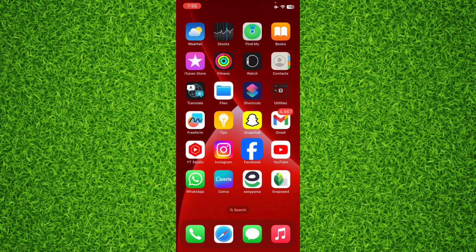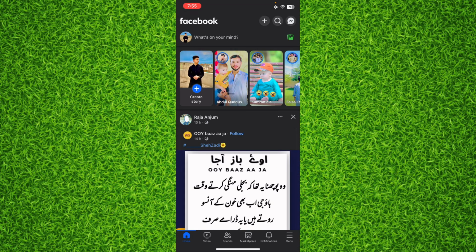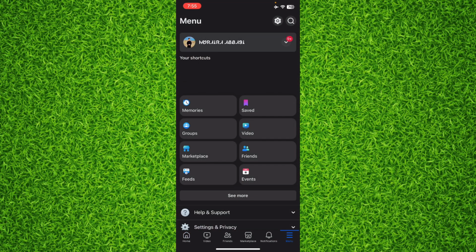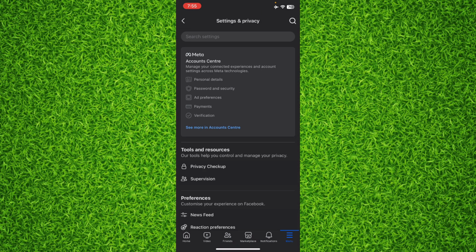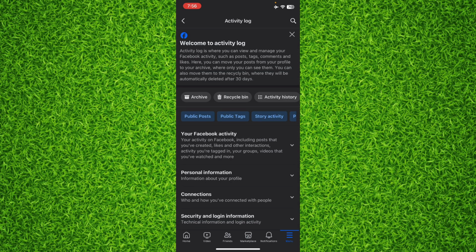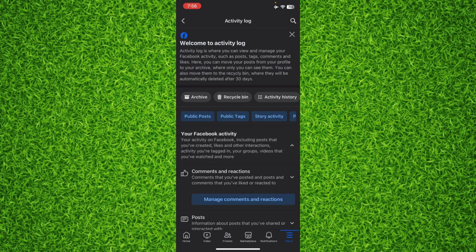So first of all, open up the Facebook app on your phone, and once you're on this page you'll have to tap on three lines on the bottom right corner to head over to the menu, and then tap on that gear icon on the top right corner to head over to the settings of your Facebook account. Now you'll have to scroll down all the way until you find activity log, and when you're on this page you'll have to tap on activity log and then tap on your Facebook activity, and after that you'll have to